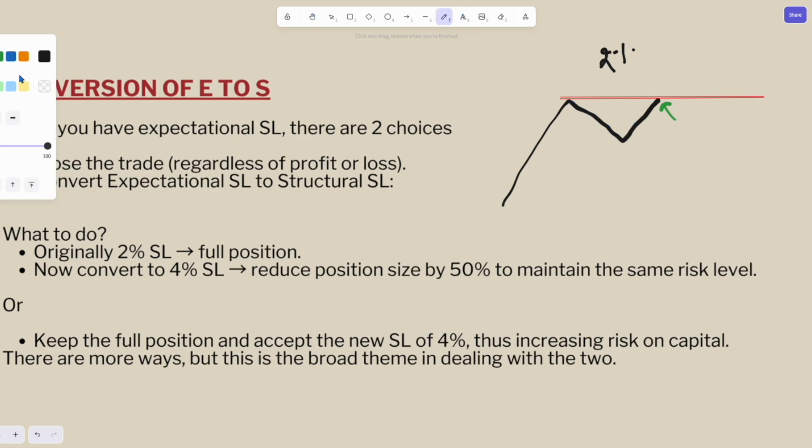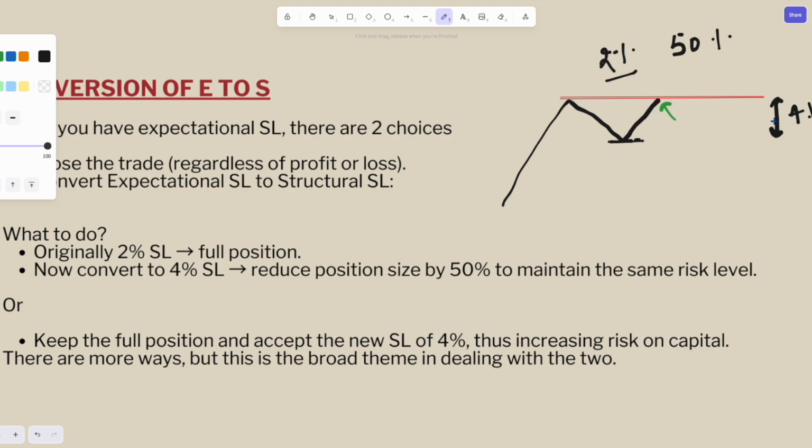Let's say with 2% SL, you had 50% of your capital in this given trade. And then you start seeing that the stock is actually starting to come down and there is a previous low structural SL over here. This entire distance that you see is, let's say, 4%, which means if I have to convert the current expectational stop loss to a structural stop loss, I will have to increase my 2% SL to